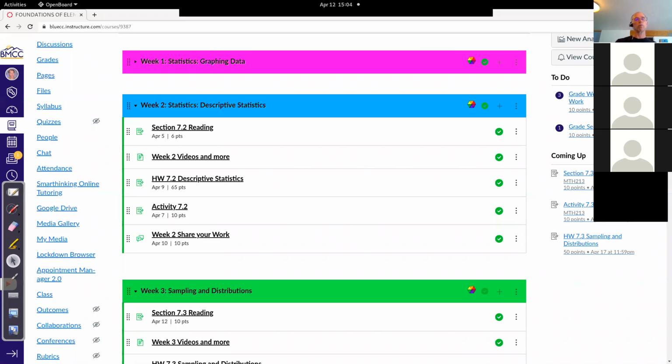So last week we were playing around with descriptive statistics: mean, median, mode, standard deviation, quartiles, box plots, and histograms. It's quite a lot of stuff. We repeated quite a few things. So the histogram we made in week 1, we got to do it again in activity 2 and again in